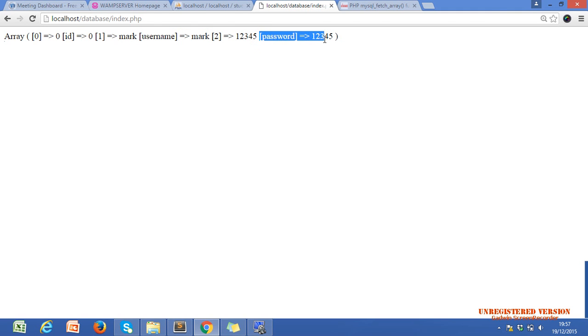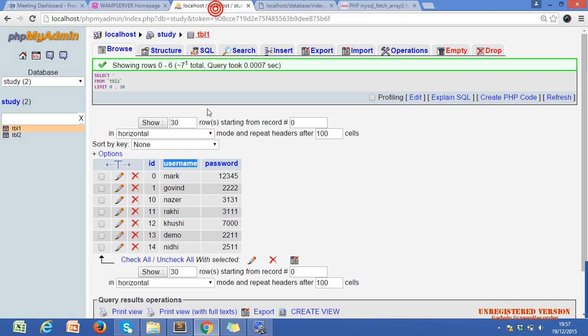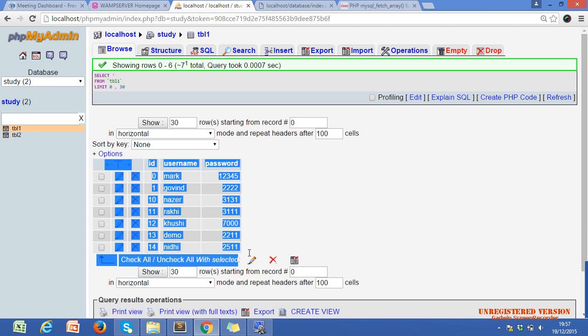Why is it coming? Actually, maybe the PHP version was just upgraded. Maybe because of that, I'll clarify this in our next session. Why are both the associative array and the indexed array coming? But we are getting only one record. The main thing is that we are getting only one record, not all the rows. Did you notice that, Nazar? We are getting only this one record.